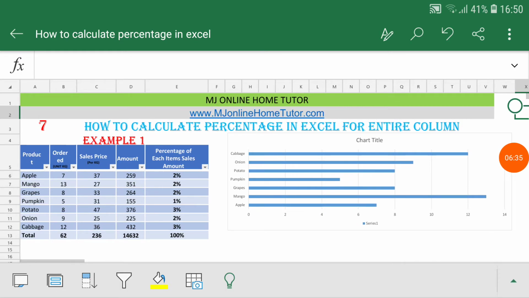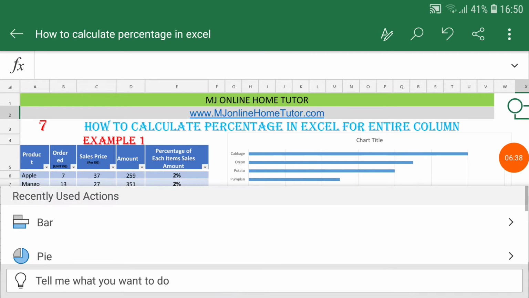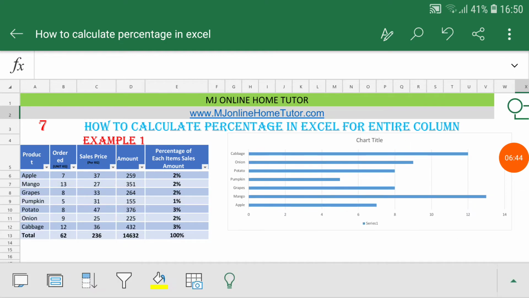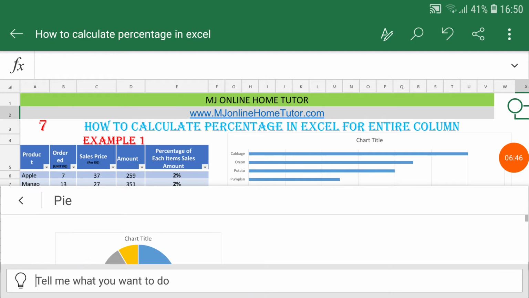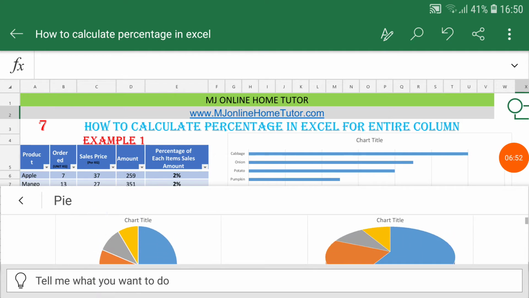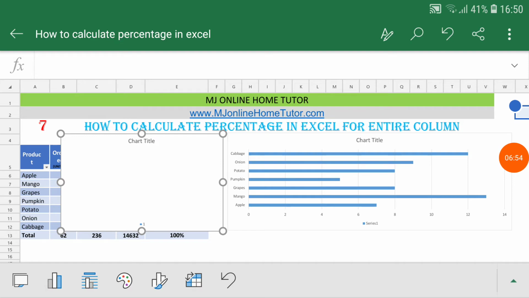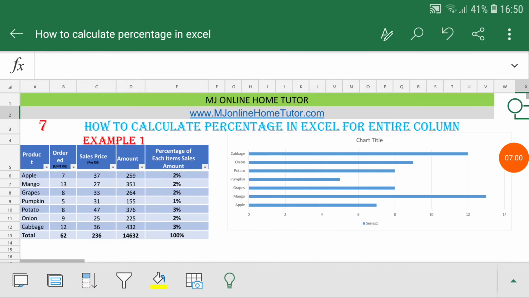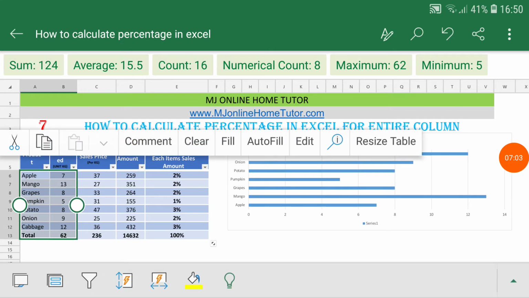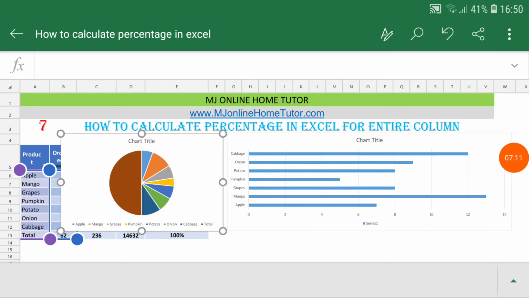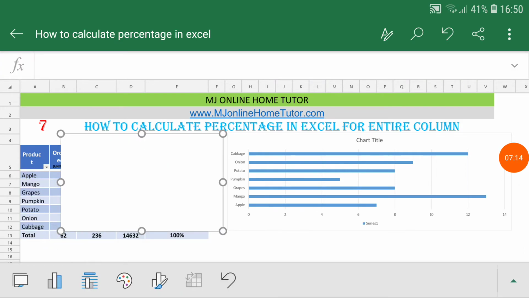Now we have one more important thing that you don't know or you already know. The pie chart has a function which can give you a percentage calculation without calculating the percentage. That's an amazing thing. Do you understand? You can get the percentage result in a pie chart without calculating the percentage of your data. It means the selected data is in numeric format, not in percentage format. So I will convert this data into a pie chart and get the output as percentages.